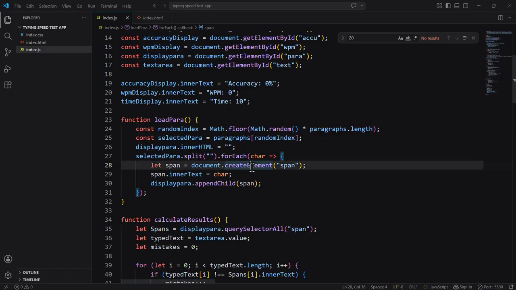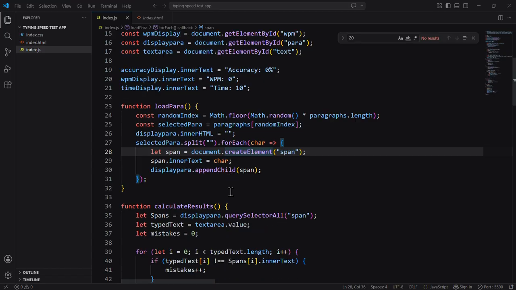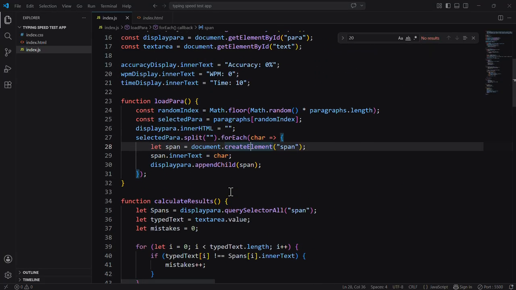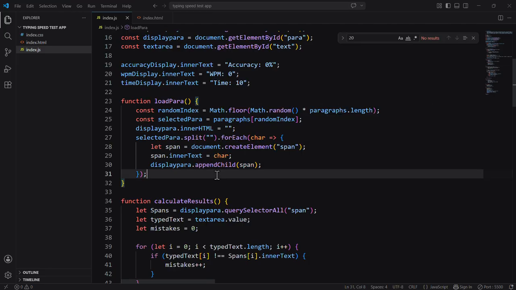We use it to create any element in JavaScript and display it in the browser. To display in the browser, we use the built-in appendChild. For span dot innerText equal to char, I will use it in the function, and display dot appendChild. I will tell you again, appendChild is used for displaying created elements in the browser.